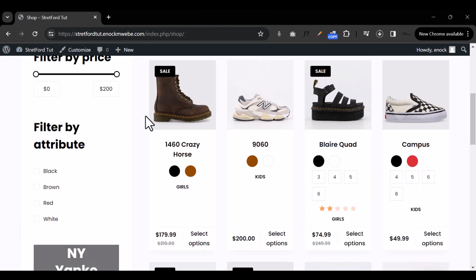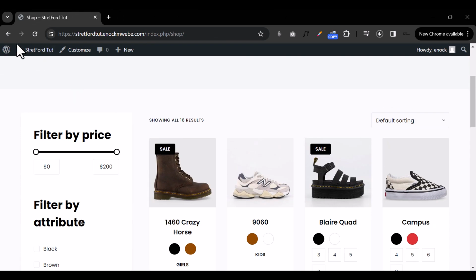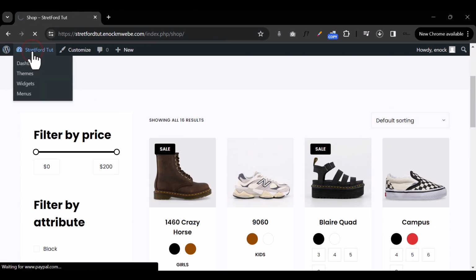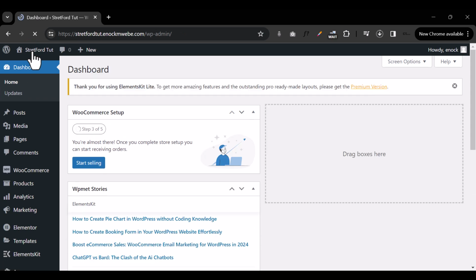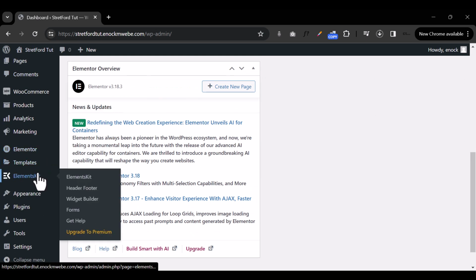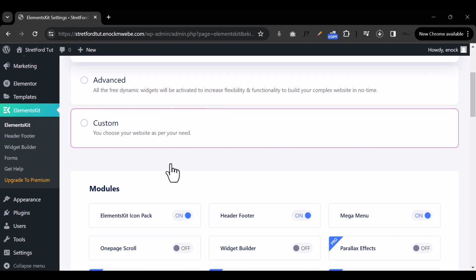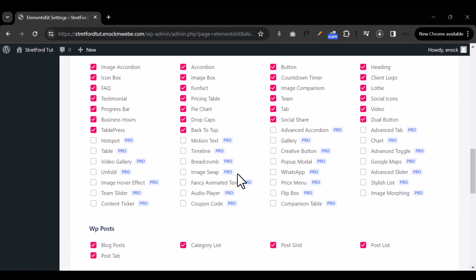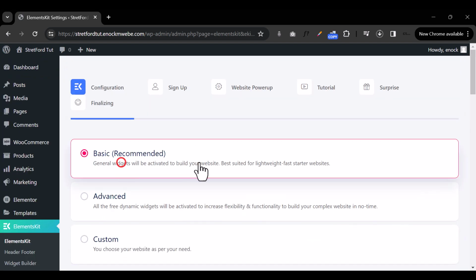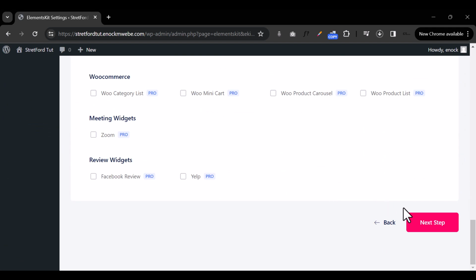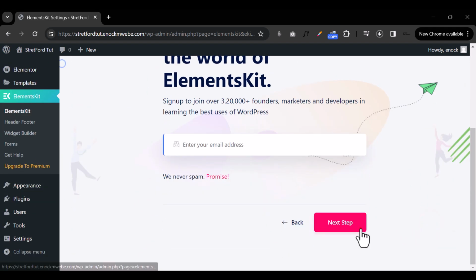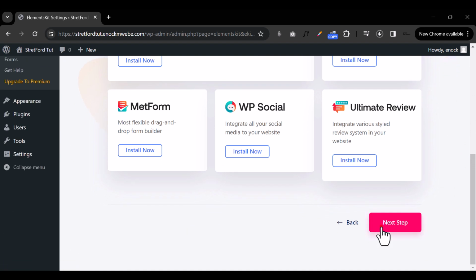Then we're going to click on this website name, then scroll down to Elements Kit and click on header footer. Once you're here, you can go to custom or probably basic and just click through these steps. Next,